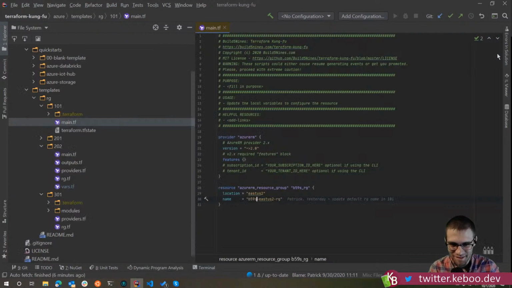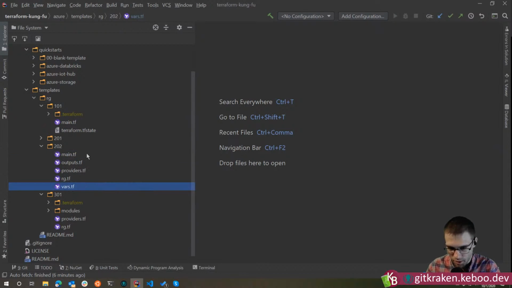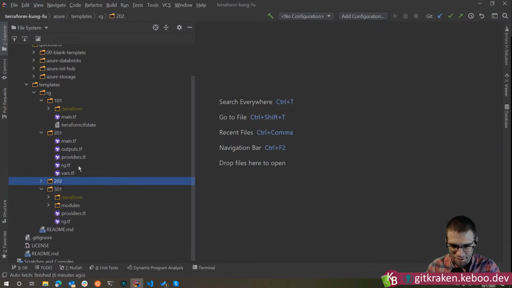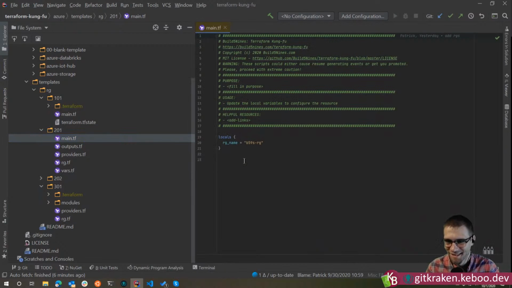So I guess really fast, next would be the more complex version of that. Yeah, and I don't know if we could have made it simpler. But there's more files now. So we went from one file to one, two, three, four, five. Well, you're skipping over 201. Oh, sorry, yes, thank you. We still have a lot of files.